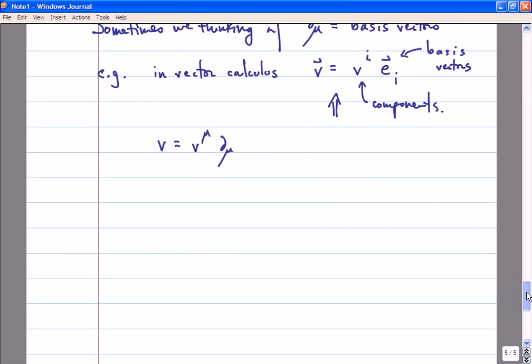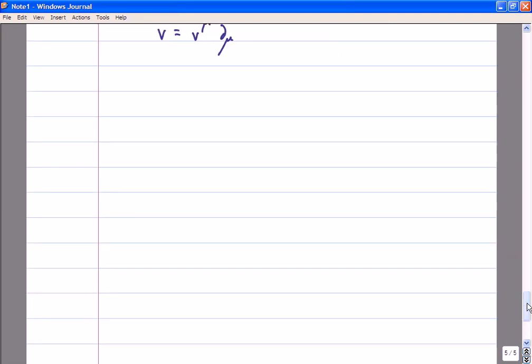So let's move on to other tensors. I'm not going to go ahead and assault you with the most general definition of a tensor quite yet. I will, don't worry. The next sort of tensor that I would like to consider is a set of tensors that are equally interesting as vectors, and they go under the name of one-forms. So a one-form, or alternatively known as a covariant vector, as opposed to a contravariant vector,